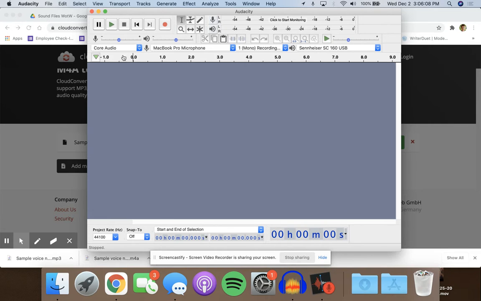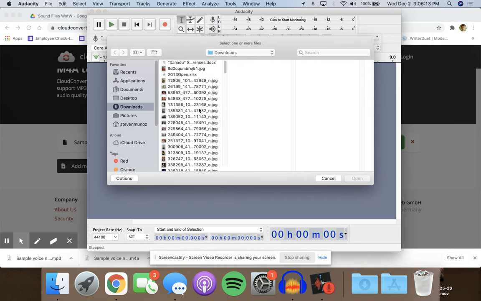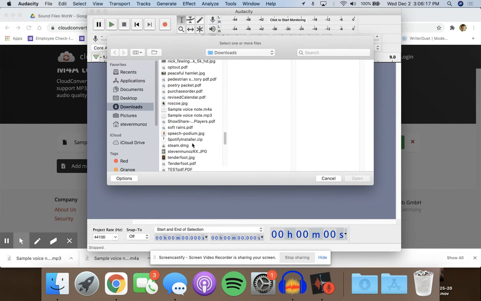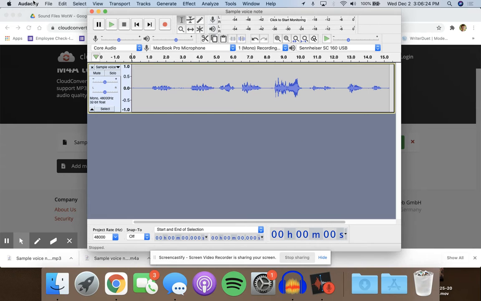So we go back into Audacity. I suggest getting a mouse for this. I'm using a mouse right now, and it works very, very nicely. Sample voice note MP3. So we open that up, and here you go. You can see we've got the audio file on the toolbar here, so we can listen back to it. I'm not actually sure if you can hear that through Screencastify, but this is just me talking a sample voice